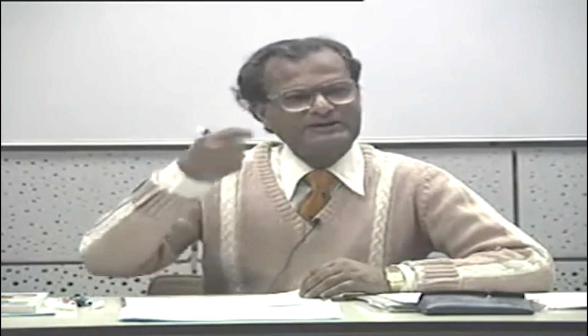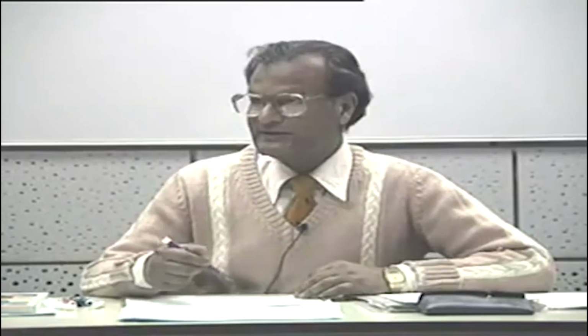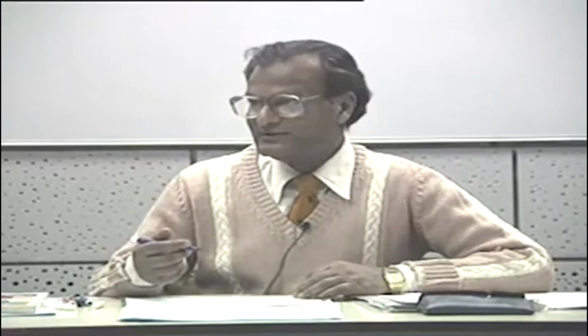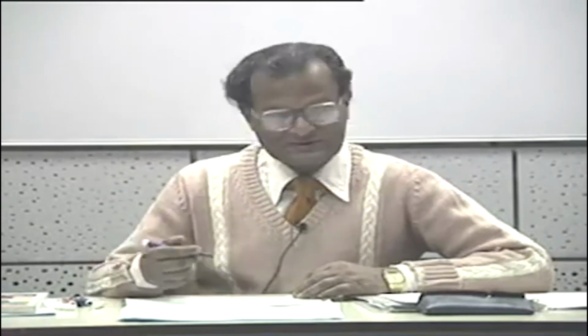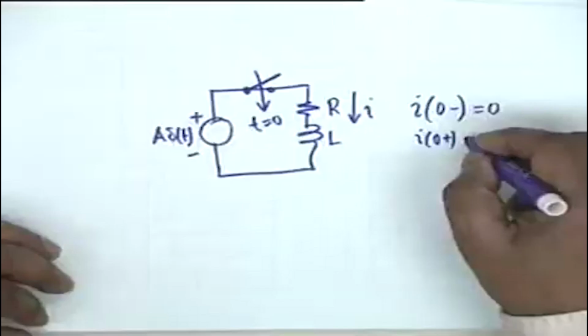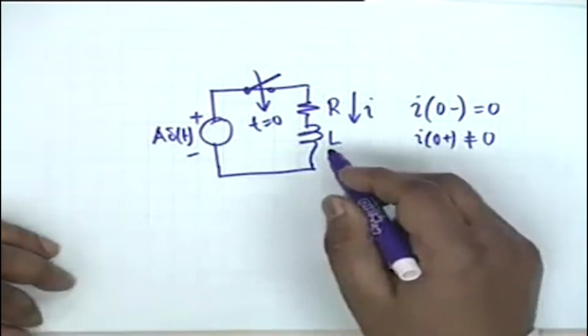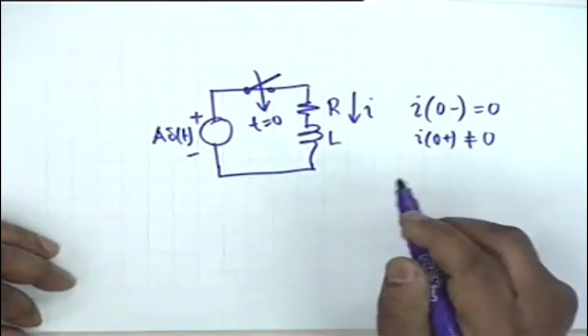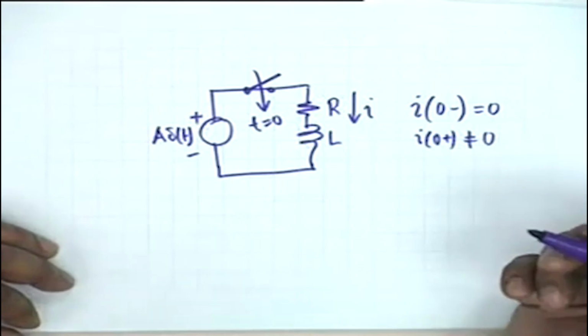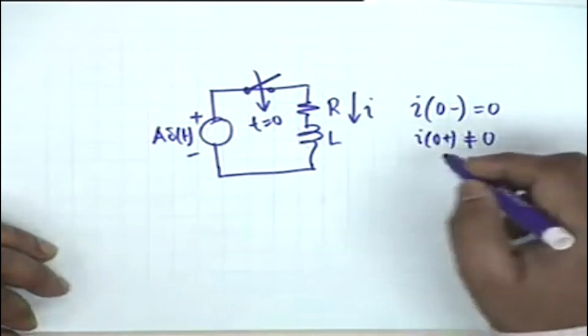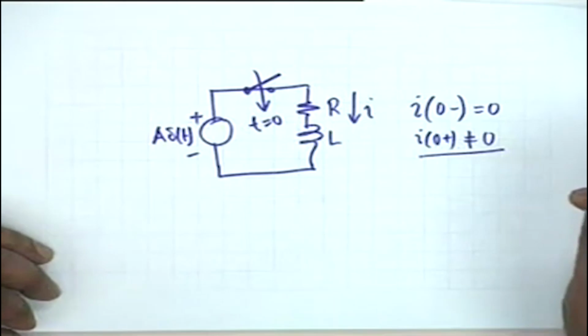This is an avalanche situation. An infinite amount of voltage is applied over an infinitesimally small amount of time. The inductor has no other way but to accept an energy. Alright, this is a crisis situation. It does not obey the ordinary laws that we have so far. This is not equal to 0. And to find out I of 0 plus, what we argue is the following, that I of 0 plus cannot be infinity,